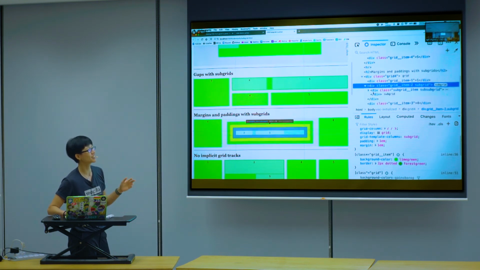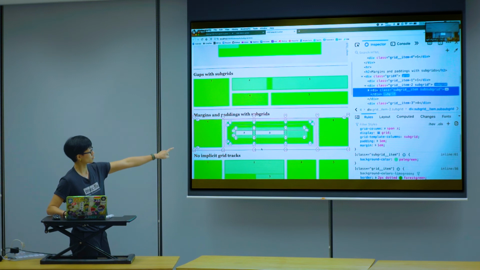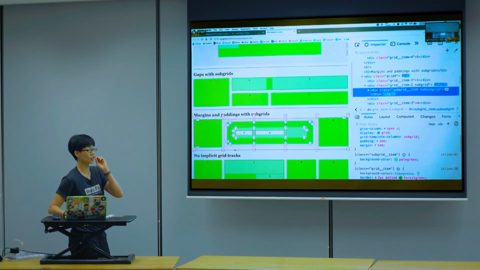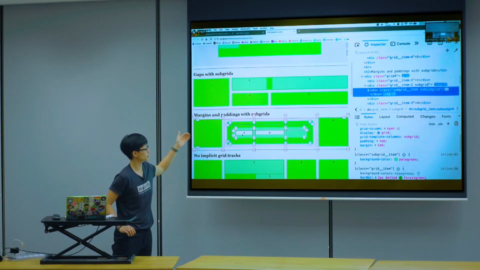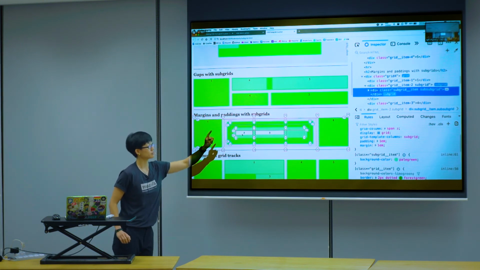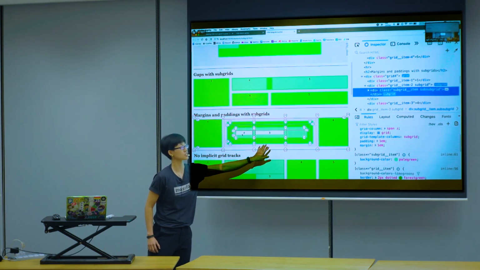But when you do, if you want to nest, you have a grid, you have a subgrid, and then you have a subgrid, what's going to happen is at the edge. So if you look at number two, it is at the edge of the grid. Any padding, margin, and borders accumulate. So even though the great grandchild element is aligned with the second column of the parent grid, the size is very small. Why? Because the margin, padding, and borders already eat into the sizing for number 2. But if you look at number 3, which is also a great grandchild element, the size is not affected because it's not at the edge.